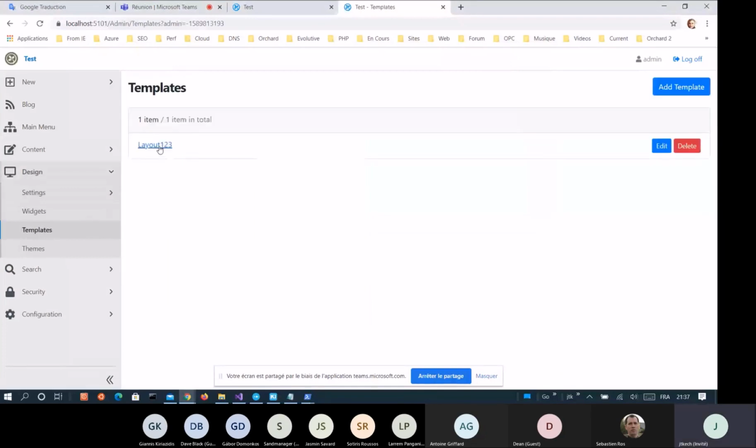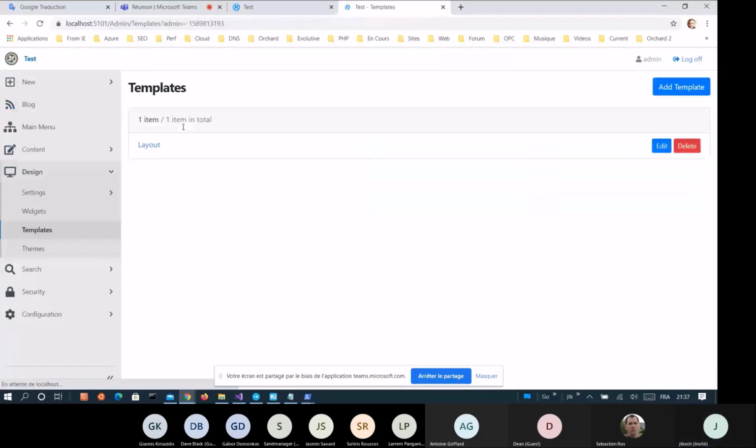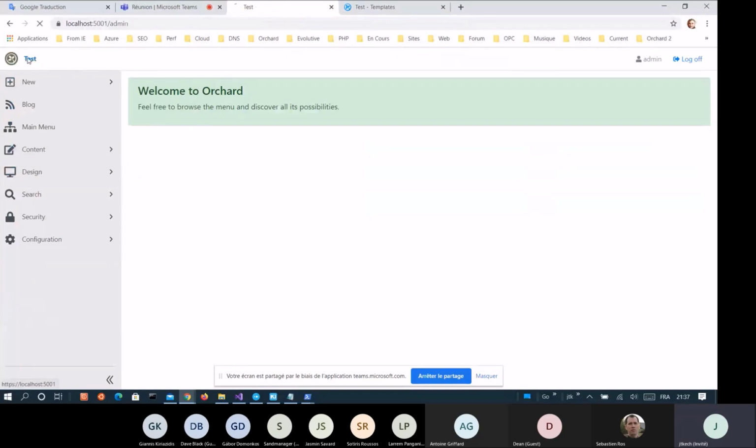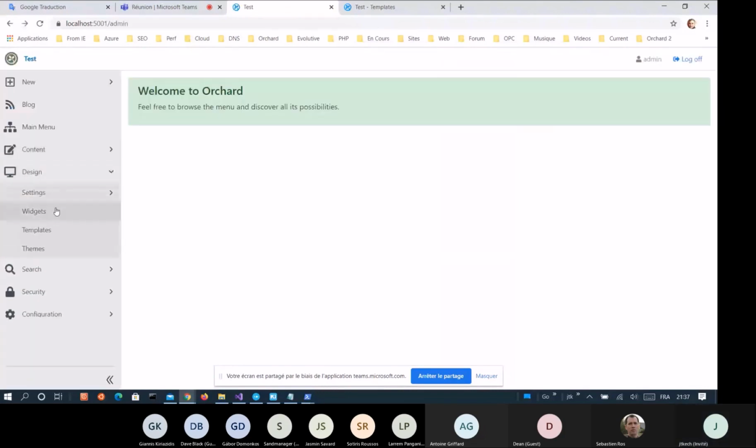I have a template. I name it layout. Okay, and see in the other instance. Okay, it works. So I can change it here now. And I name it.